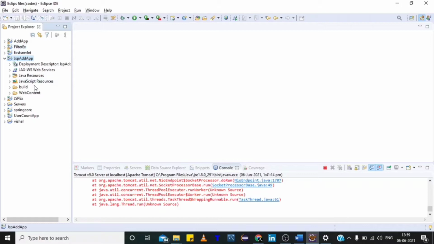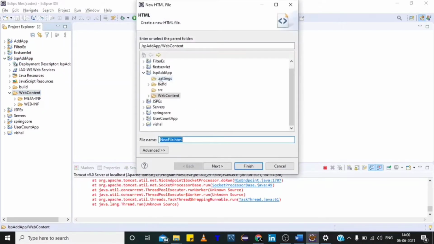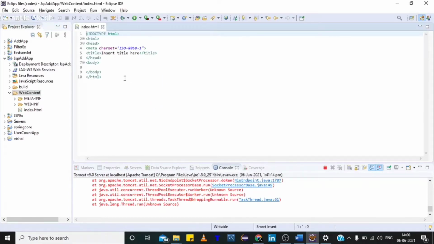Now for creating the HTML file, go to web content, right click and create a new HTML file. It will be the home page of our project, named index.html.